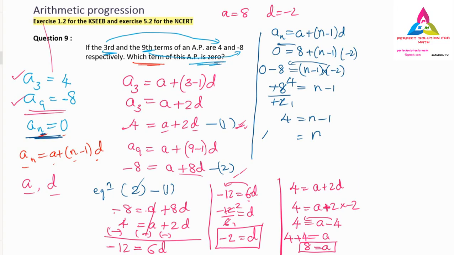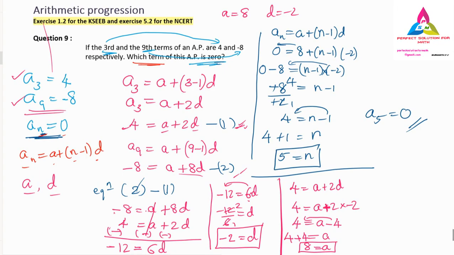So which term of the given AP is 0? The fifth term is 0. This is what they have told you to find, and we can find it very easily. But whenever this type of question comes, they will give any two terms for you. If they have not given the a for you, you have to find that a value, and also you have to find the d value. If you find that a and d value, you can find any one of the terms which they will ask.